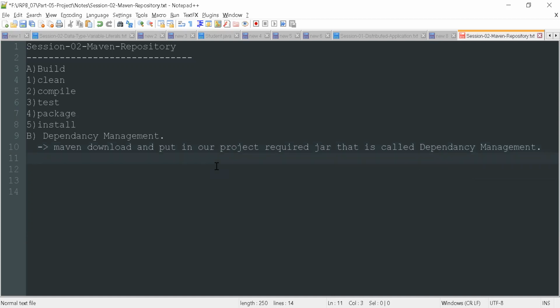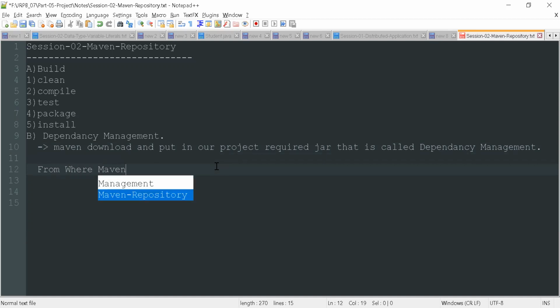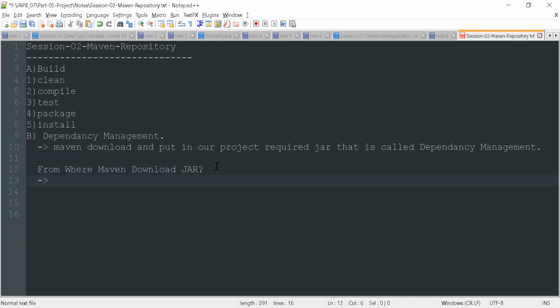Okay, from where does Maven download the jar? The answer is Maven supports three types of repository.